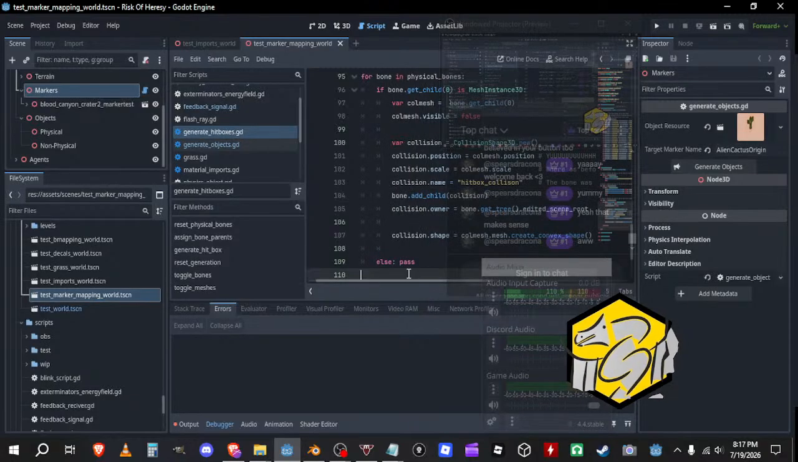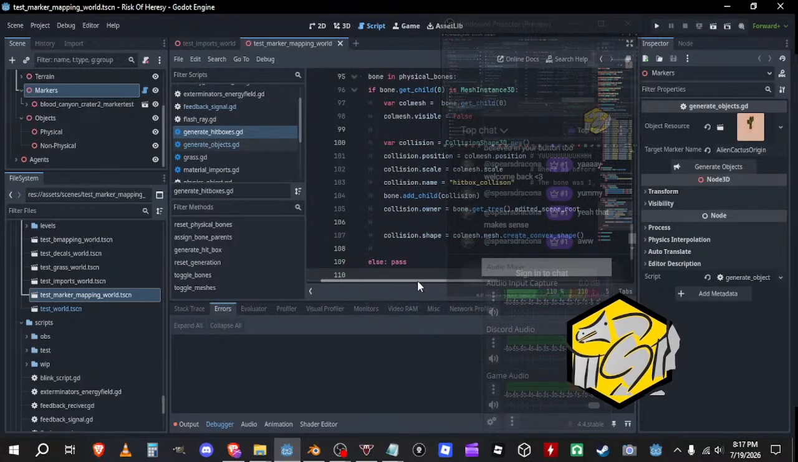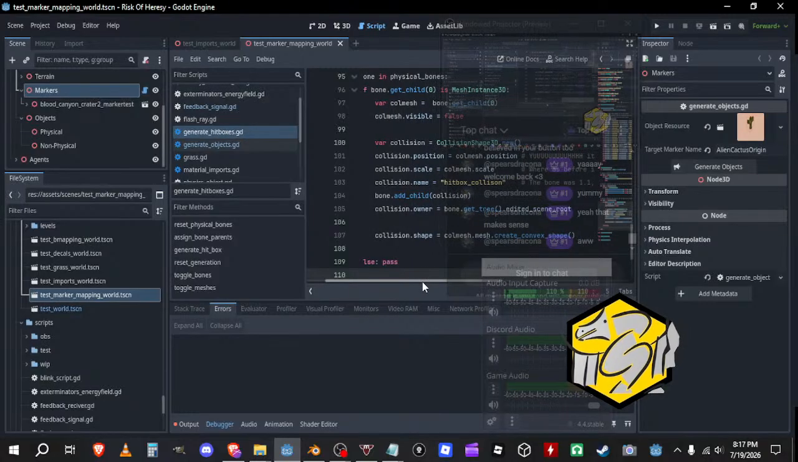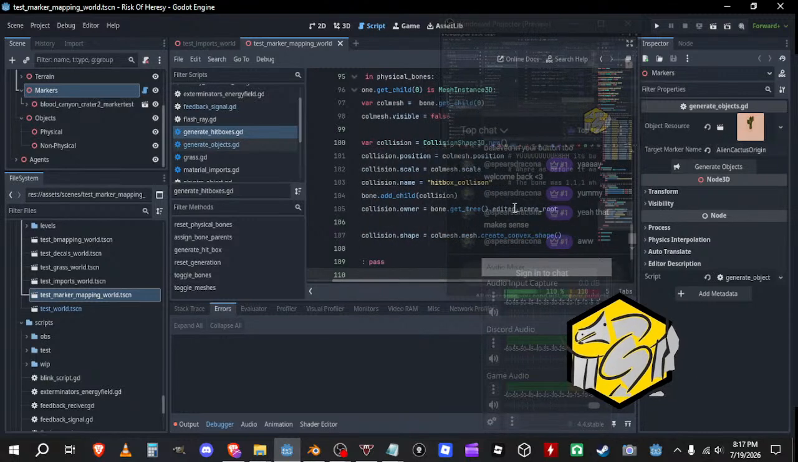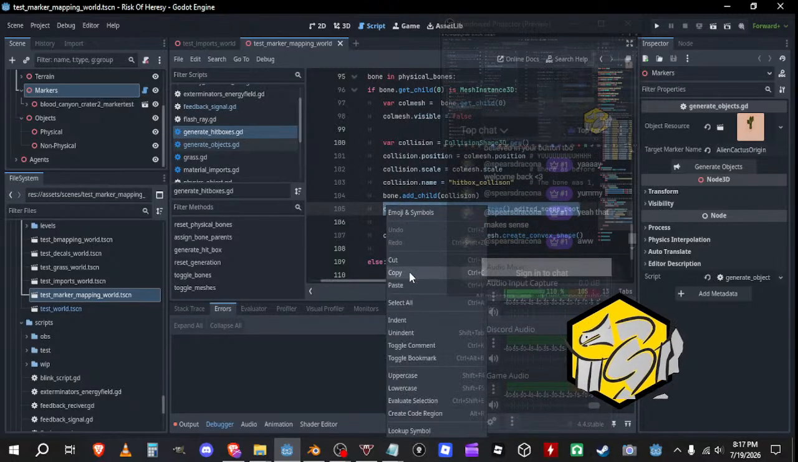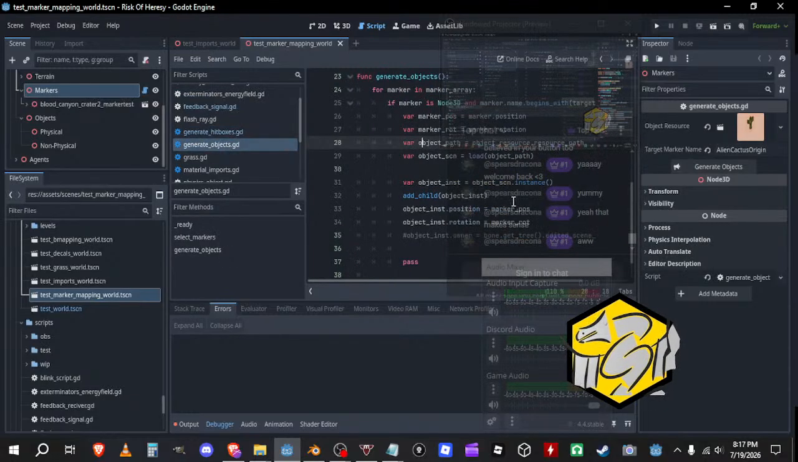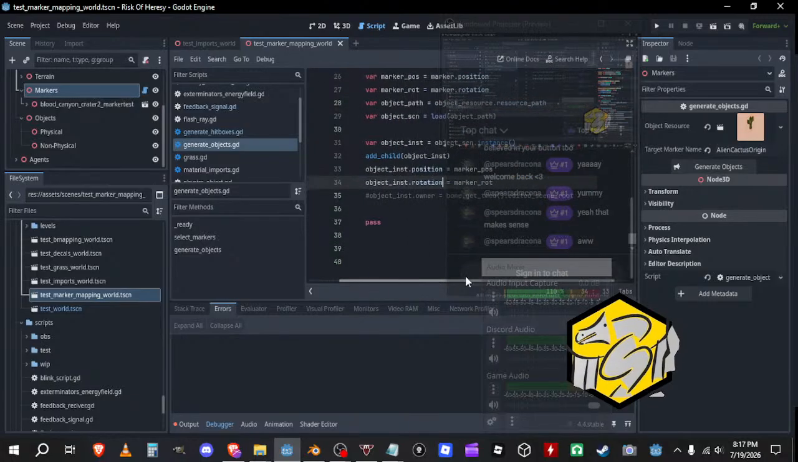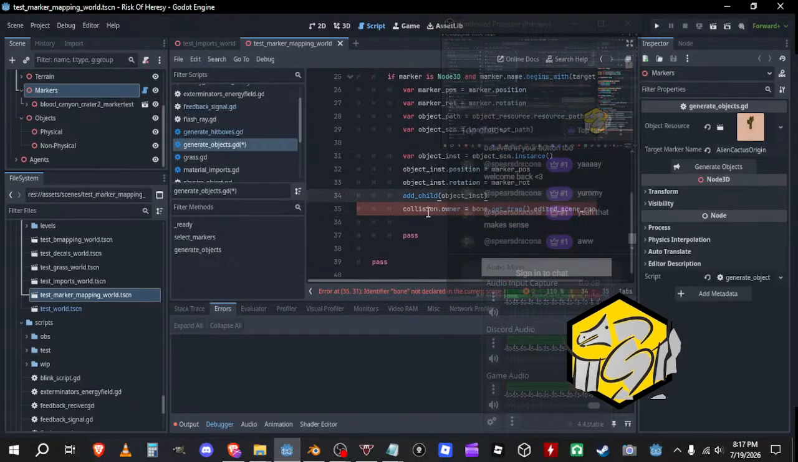Does that last? The position and rotation is before you add it? That's weird. Okay, so yeah, we gotta set the, okay. The owner would be set after it exists. This would be set before it exists, apparently. And this would be